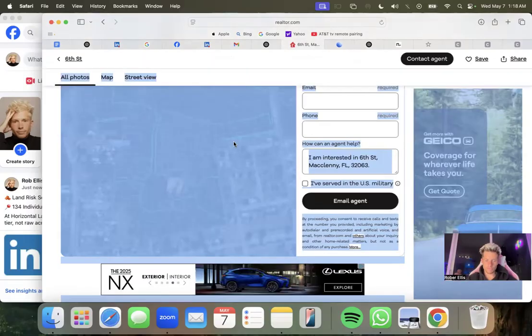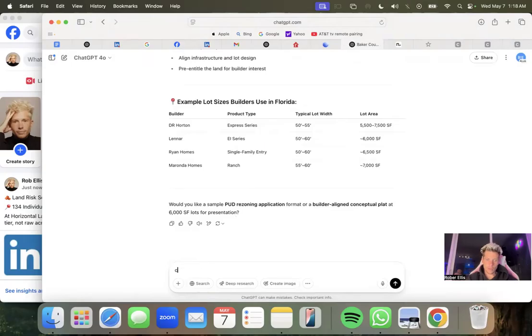Let's see here. Can you do a feasibility write up on this? The difference between RS1 and PD and a yield table. If we go for RM12 or blended density of smaller and larger lots like